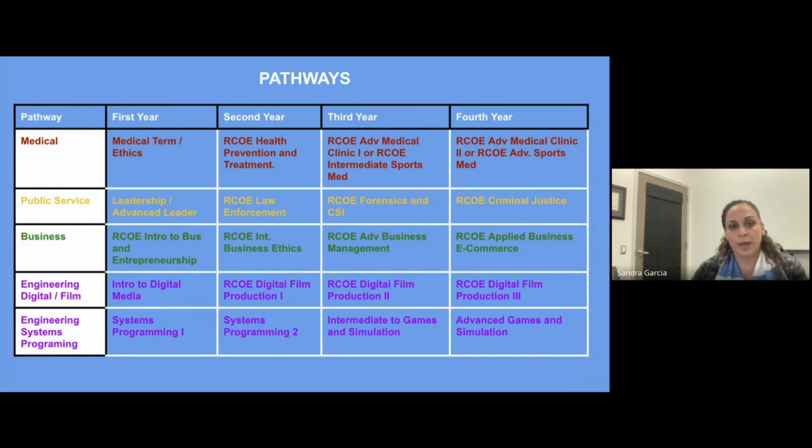When you're choosing your pathway, again, like Mr. Badia had mentioned earlier, there are 2 ways that you're choosing your courses. You're going to do it first with the hard copy paper, and then you're going to also submit a digital course request form on March 15th at 8 a.m. So your request for your pathway is going to be based on your submission on March 15th at 8 a.m. It is going to be where you are submitting your first, second, and third choice.